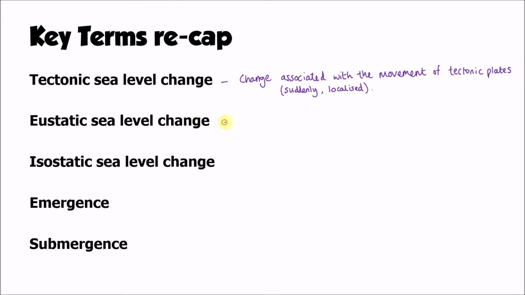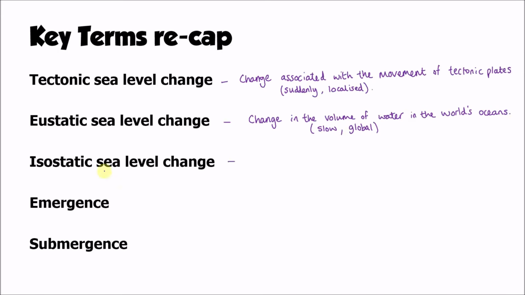Eustatic sea level change, on the other hand, this is change on a global scale, and it's a change in the volume of water. That's the key thing to remember. Change in the volume of water in the world's oceans. So either a rise or a fall in the amount of water in the world's oceans. So this is a relatively slow change, and it is also a global one. All of the oceans are connected, so therefore sea levels will rise globally. Not always completely equally, because there are other factors at play, but generally speaking that is a global impact on